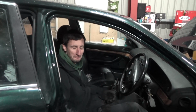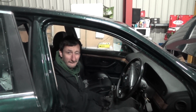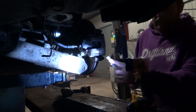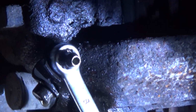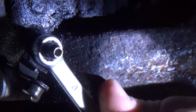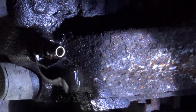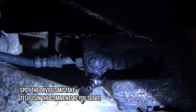So right, let's make some brake lines up and get this thing bled up. Yeah. Let's do it. Oh, like a glove. Oh, yes. Beautiful. Get around the other side, let's try the other one. So one thing I remember is quite good about E39 is